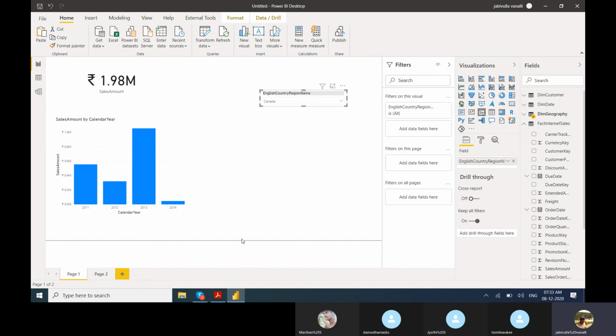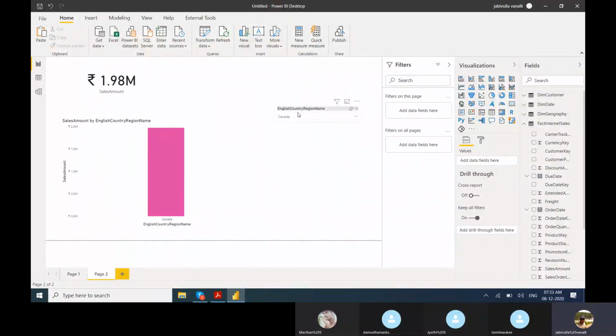Okay, so I kept it here. In the first page it is okay, and I don't want to see this slicer on the second page, but if I select here it should be reflected on this. Okay, then what is the option? Come here,